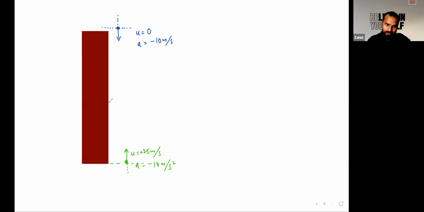Let's say it would be some point at this particular instant. The time taken by this ball to go from this point to this point, similarly the time taken by the other ball to go from this point to this point, would be equal, as they started initially at the same instant of time. Okay,